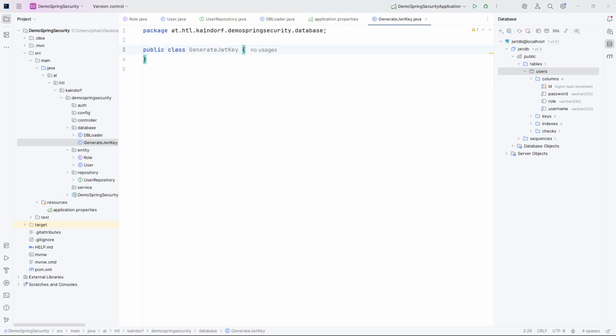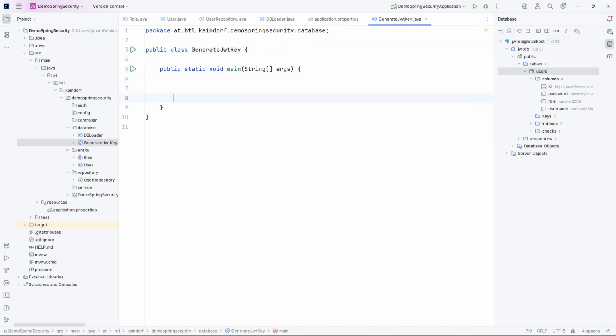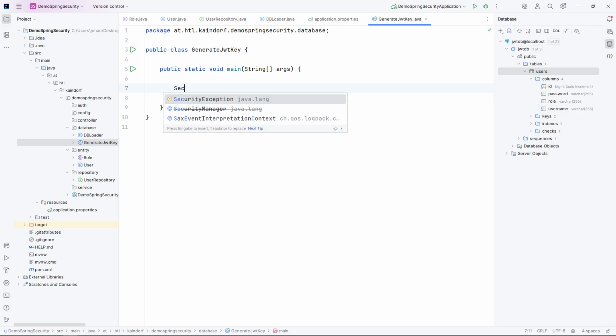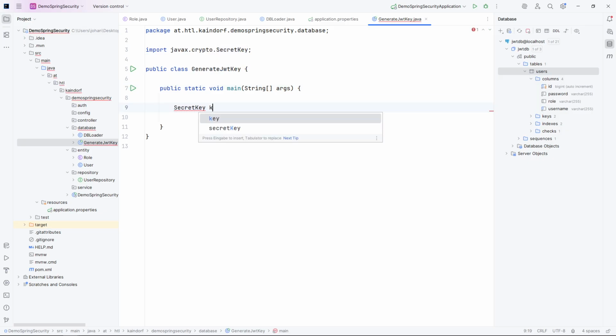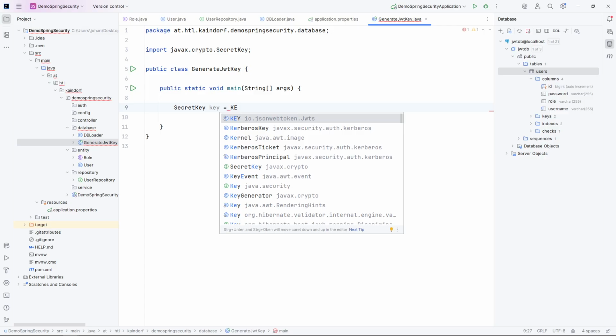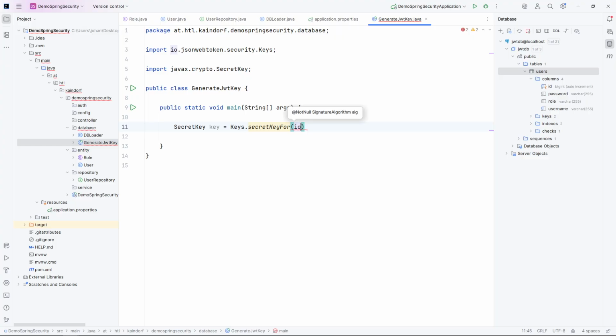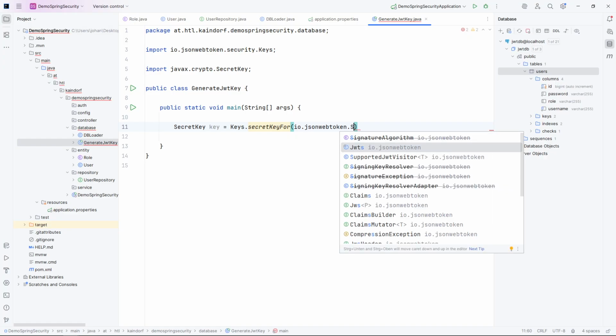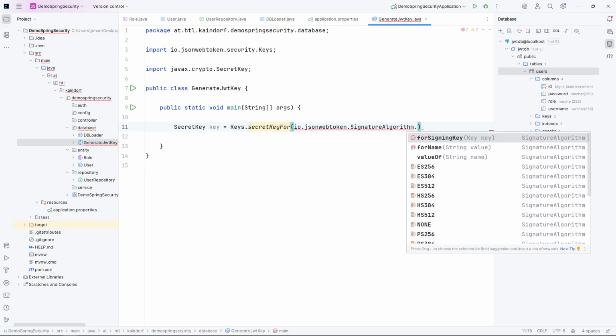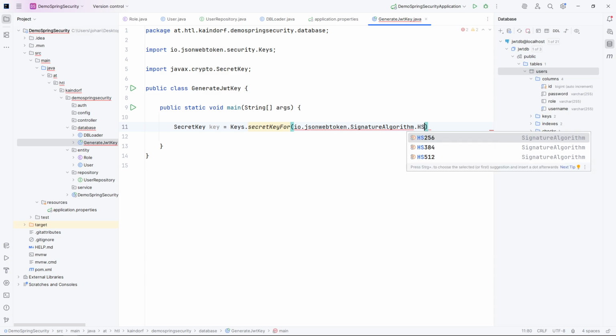In the class, we just have a very small main method that says secret key equals Keys.secretKeyFor, and we're going to use io.jsonwebtoken, the signature algorithm, and the one that we're going to use is